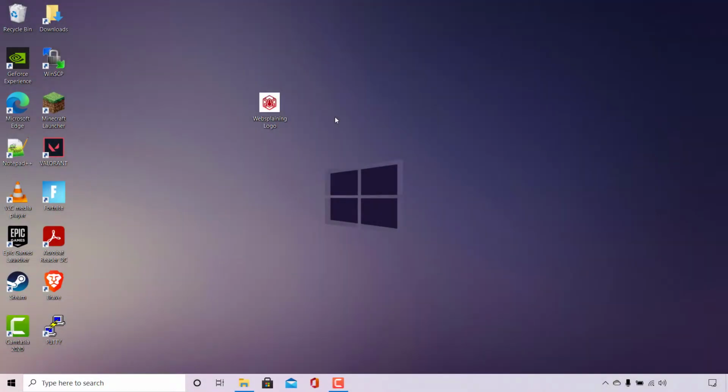How to resize images or icons quickly and easily in Windows 10. No installation required. As you can see, guys, I have an image here called Websplaining Logo on my desktop, and in this video I'm going to be resizing this logo into a very small image that I'm going to be